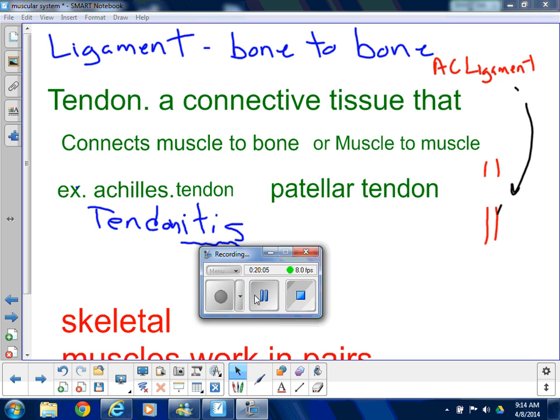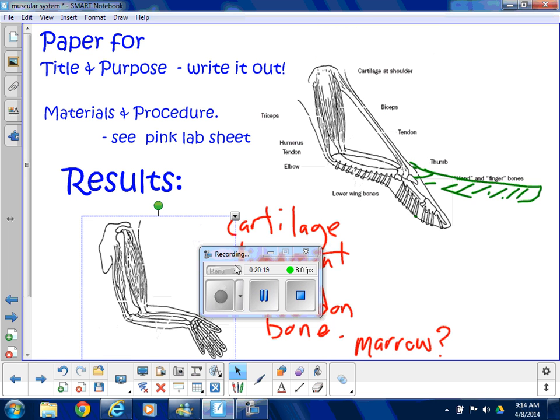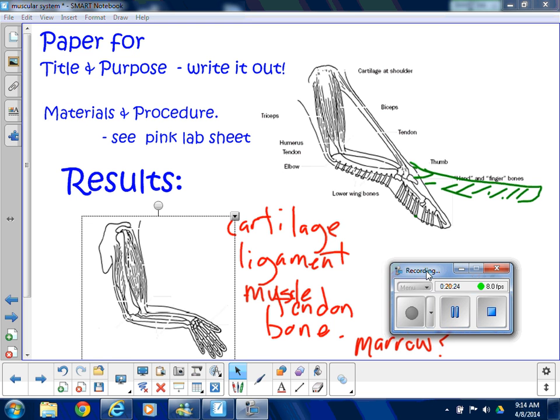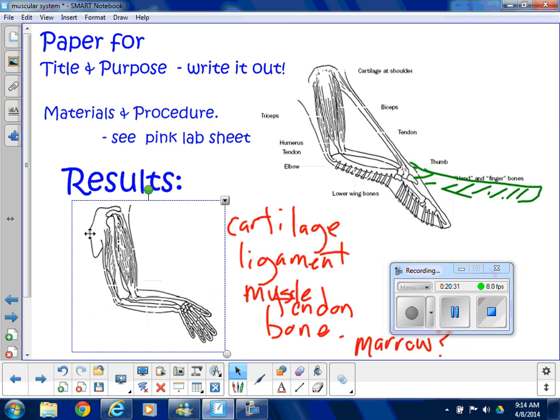All of this information will be very useful for the quiz this week and also as you write your lab conclusion. All right, last of all, tomorrow when we look at the chicken wing, it turns out you're looking at the arm. The chicken's arm is obviously folded up, but it's the same bones. Here's the human arm, humerus, radius, ulna, hand, and the reason they have it at this funny angle is because it's the same thing with the chicken.